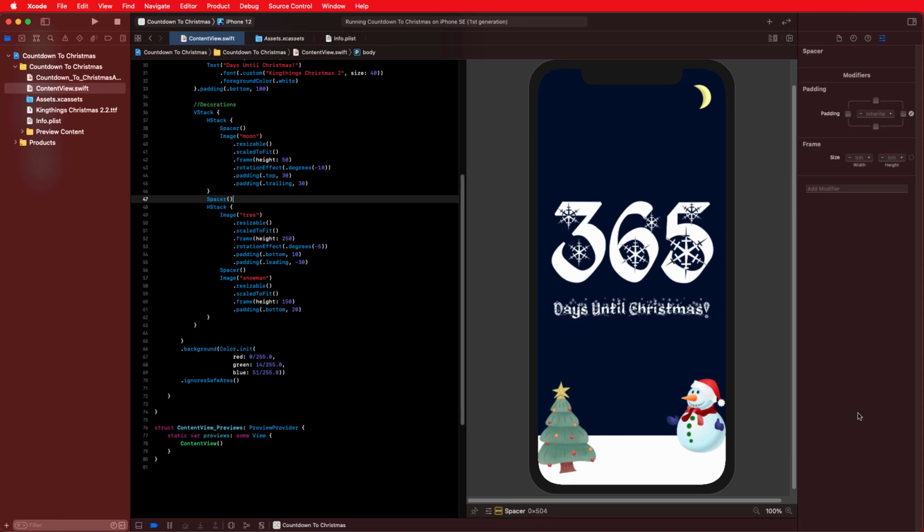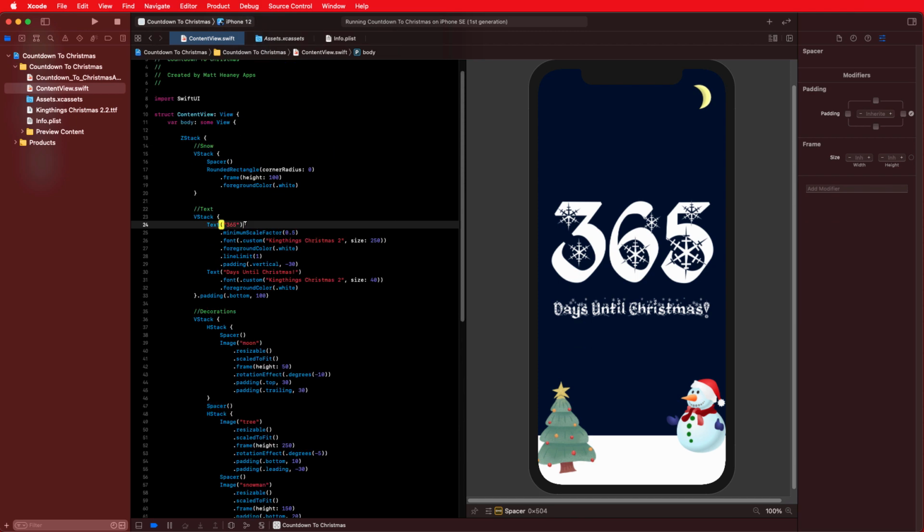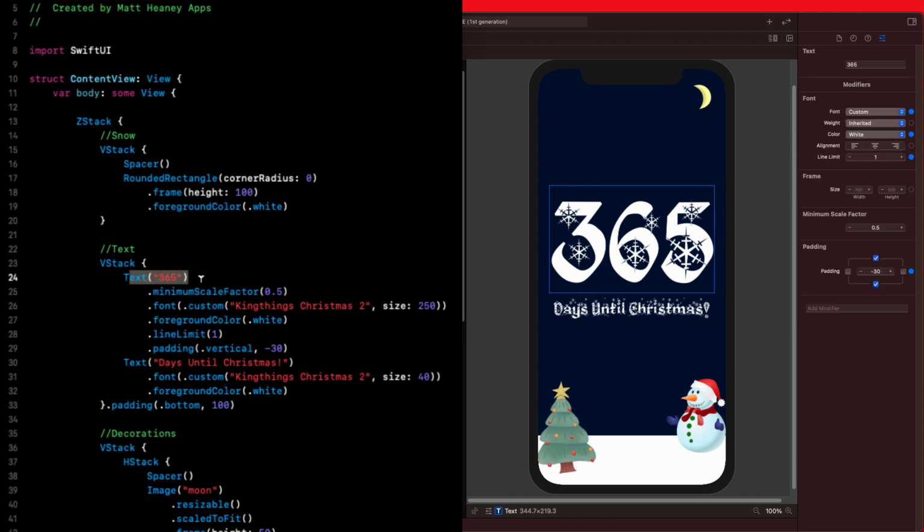So now that we have our UI all set up and ready to go, the only thing that's left to do is to add a little bit of logic so that our text object here in the center of the screen will show the actual number of days to Christmas rather than our placeholder of 365. So at the moment, as a bit of recap, this text object will just always say 365. Let's add this logic. What we will do is add a function to our view which will figure out how many days are left until Christmas for us. Then all we have to do is say from this text object, call off that logic, get the result and